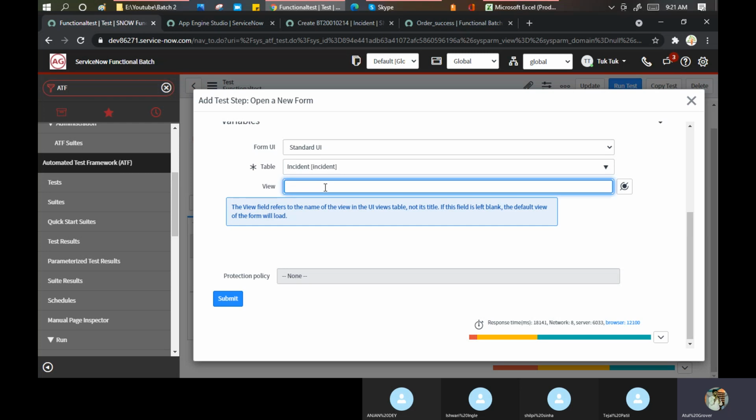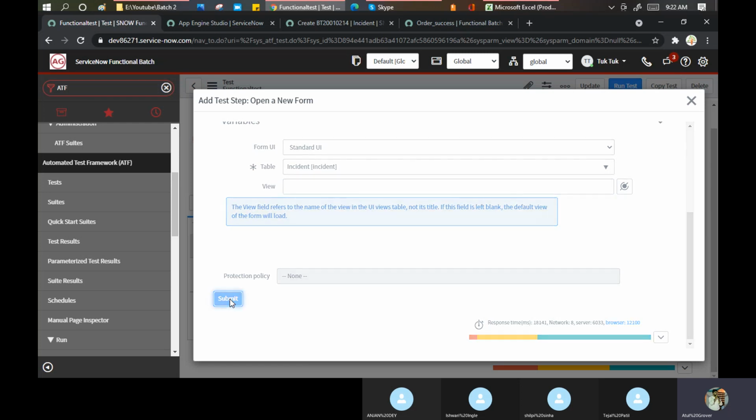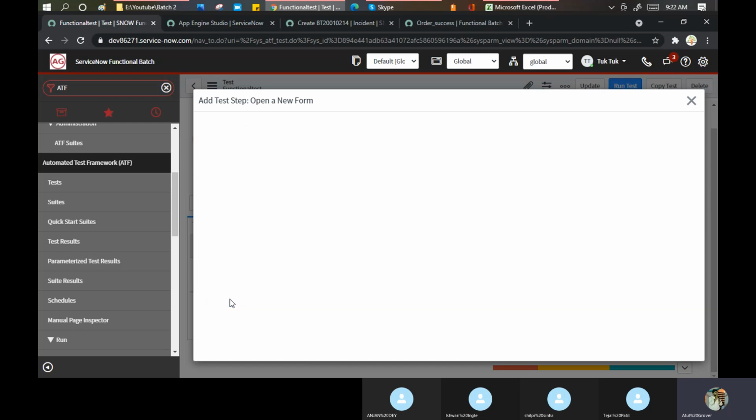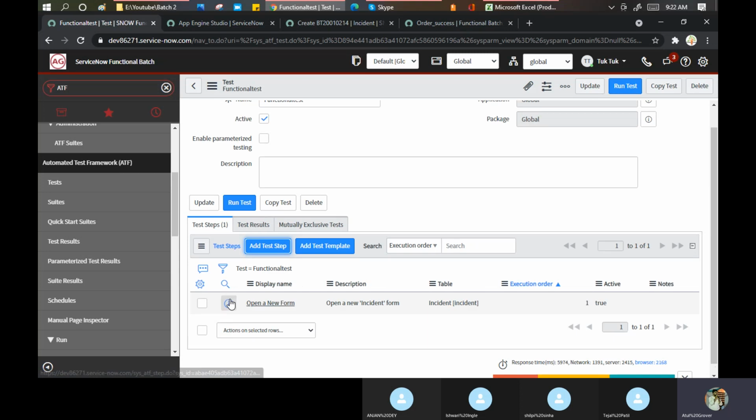View. Do you want to test from the default view or some specific view? I say I want to go for the default view. If you do not mention, it will take the default view for you. Like this. Now click on submit here. Clear till this point? Any doubt, any question?